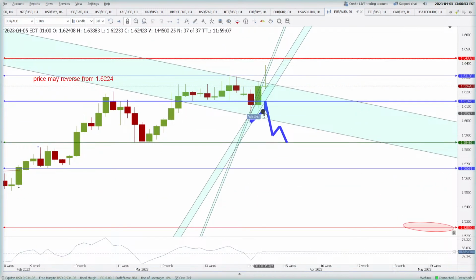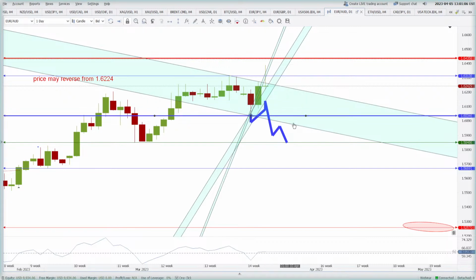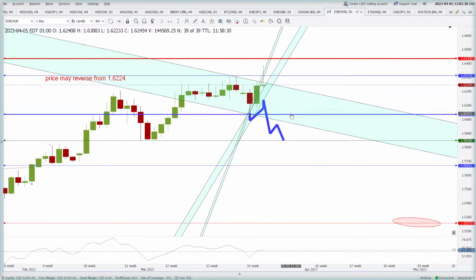Price may reverse, and on the higher prices it is not sustaining. So yes, euro is going down and it will continue going down, I think, towards 1.6137 at least. In fact, I think this is what we should be targeting at 1.6034, because if on the higher prices nobody is buying, then why will somebody jump out of somewhere and start buying the euro here? I think that people will not be willing to buy at the higher prices now. So eventually the price will drop at least towards 1.6034. Let us see how things unfold in this one also, guys.